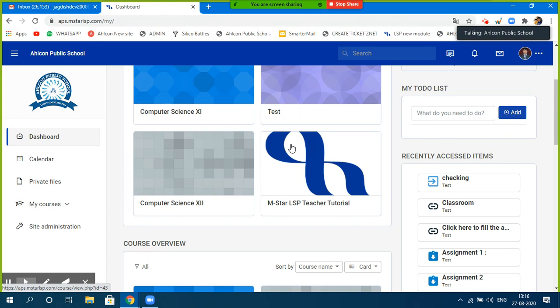Once the chapter is finished, you want the student to be able to see all those files which you have uploaded. You can always create a folder of that particular chapter and place all these files under that particular folder. Now the student will be able to click on the folder and see all those files which are there under the folder. I'll show you all these things.